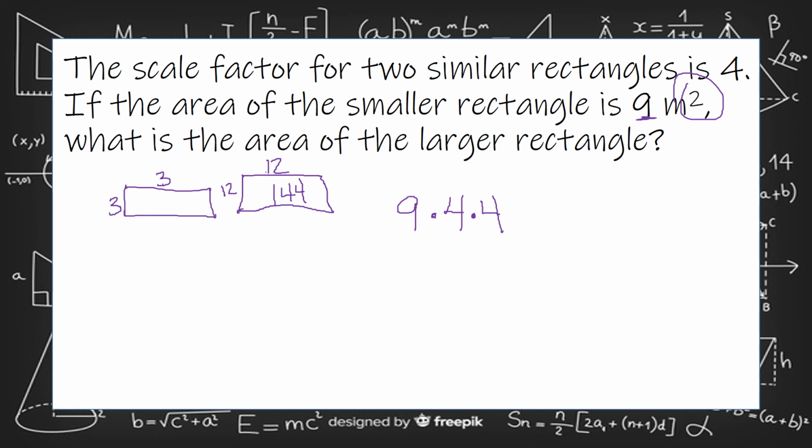So you're multiplying by 4 times 4. If this was volume, you'd multiply by another 4. So 9 times 4 times 4 does still give us that 144. If you cannot figure this out just by thinking through like this,